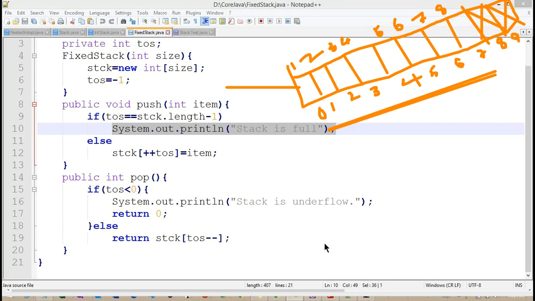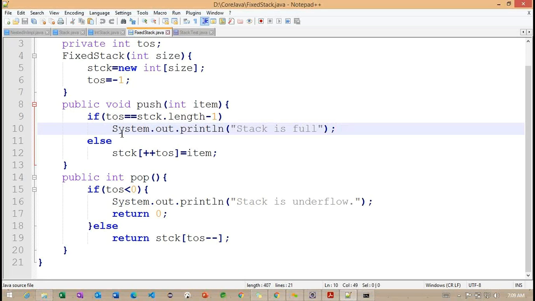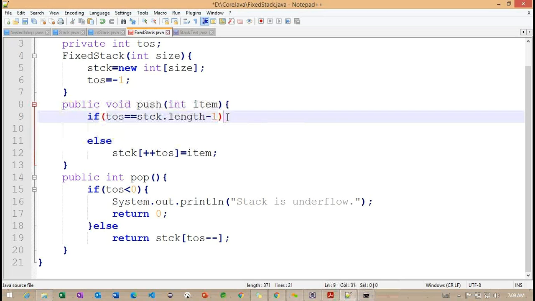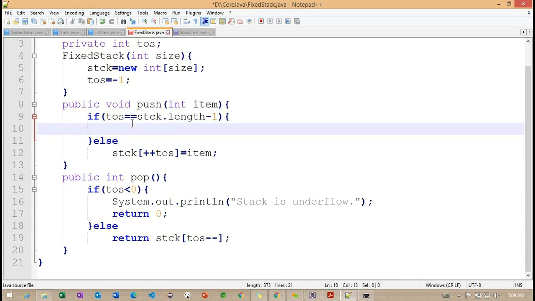Getting the point. Now if you observe, we have an option to increase the size. So let's see how I'm going to write this code here. These steps are important. If this particular condition is satisfied, here I want to make a close brace.